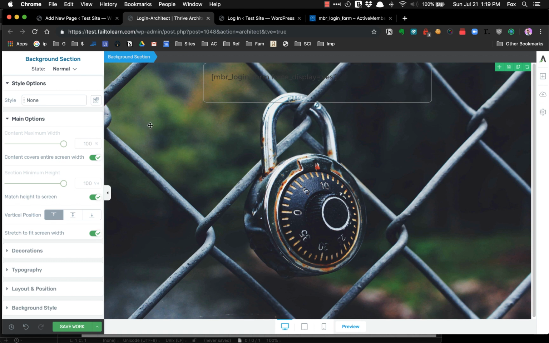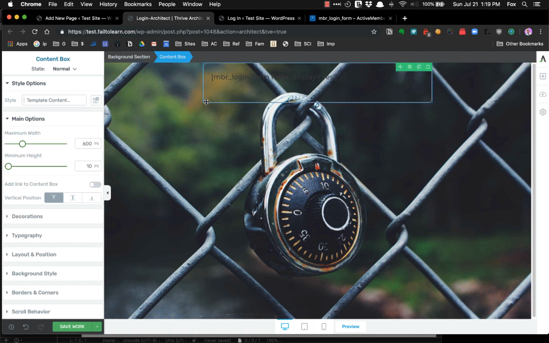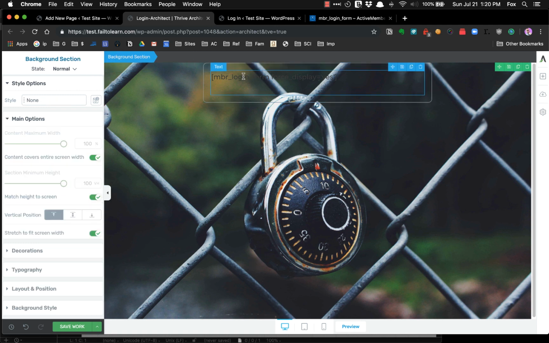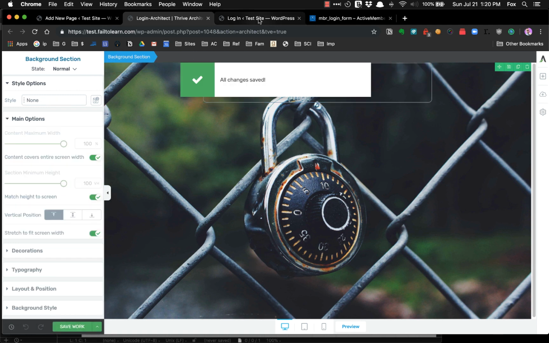I'm going to fumble around with this just like anybody else using it for the first time, except I've used it more than once, maybe 3 times. No, I'm just kidding. I've used it a few times. So there it is. It fits. Everything looks good. If I save it and preview it,